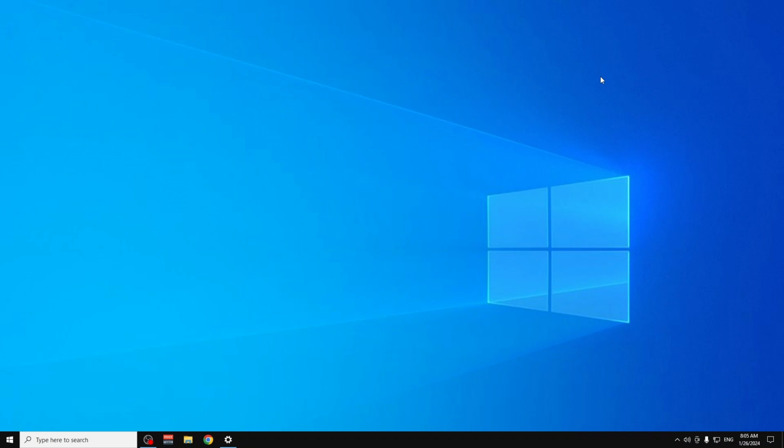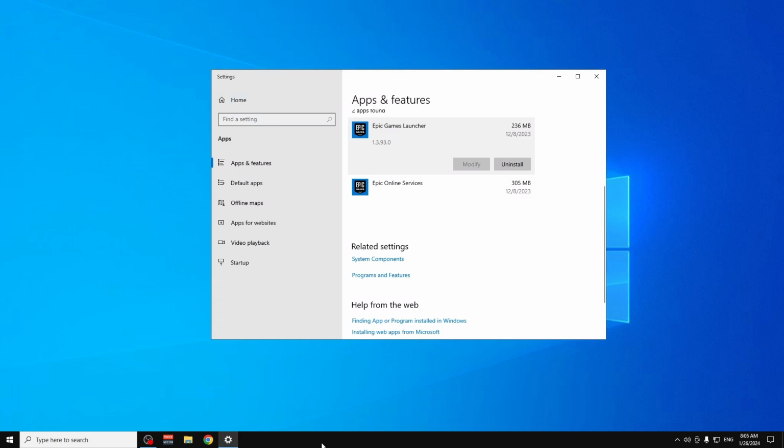Hello guys, today I'm gonna show you how you can fix this Epic Games Launcher when you're trying to uninstall it. So let's get started and see how you can solve it. See here, if I go and try to uninstall it right here. So here, if I try to uninstall, as you can see, if I click on uninstall,